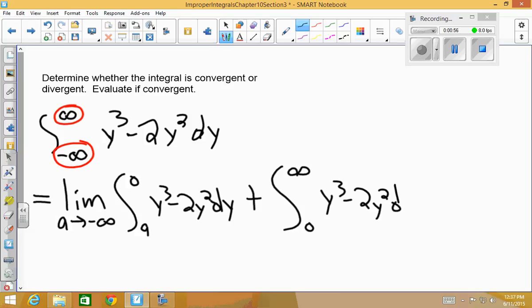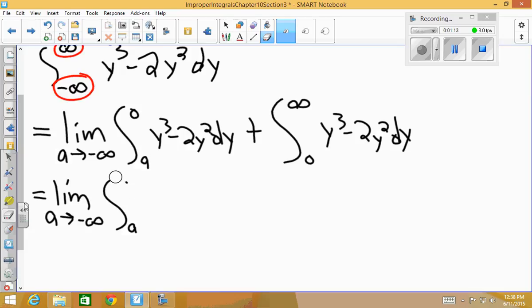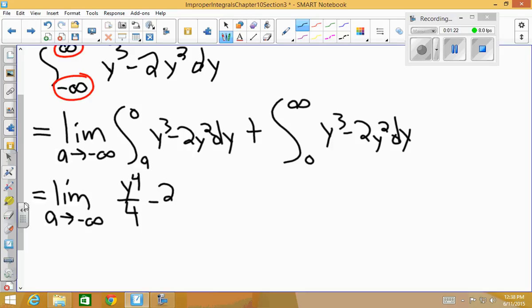We have the limit as a goes to negative infinity, the integral from a to 0. Oh, sorry. We can actually integrate that without any trouble. It's simply an application of the power rule in reverse. So y to the 4th over 4 minus 2y cubed over 3 evaluated from a to 0, plus